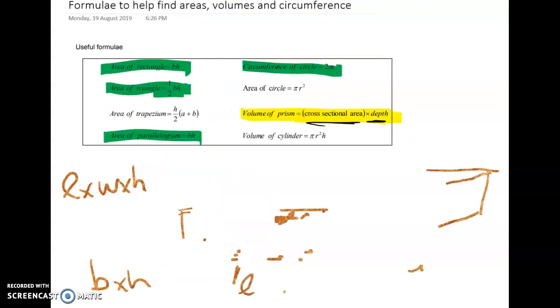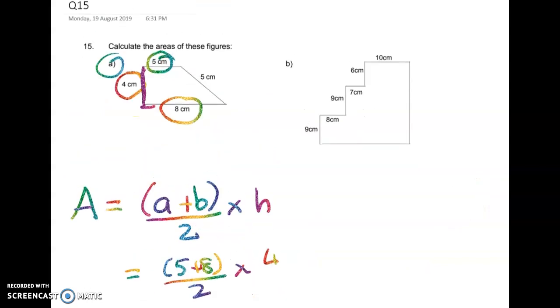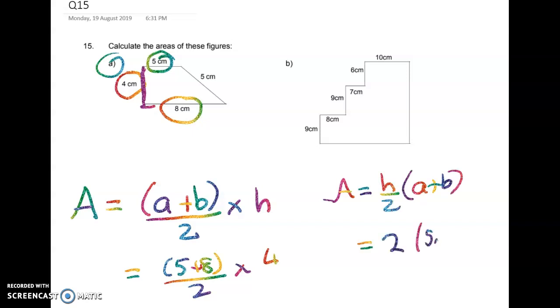So the formula sheet back here on the front page, where is it? Where's the trapezium? Okay, here's the trapezium one here, and instead of putting the divided by 2 with the A plus B, which is where I think about it, it puts it in with the height. Now, it doesn't make any difference to our answer. I'm going to do it that way. H over 2 times A plus B. The H over 2 is 2, so it's 2 times 5 plus 8, which is 2 times 13, which is